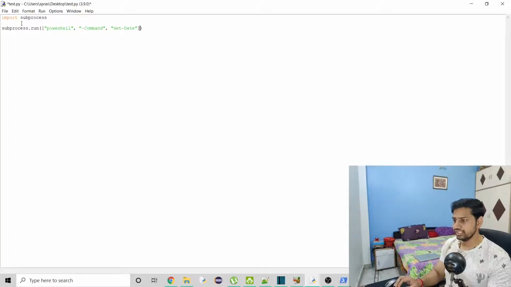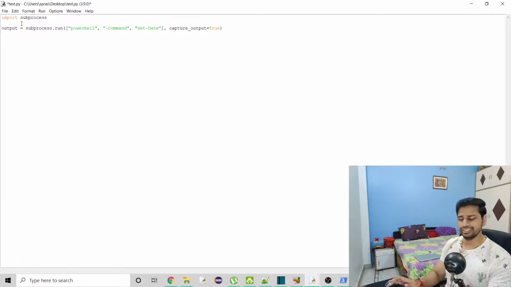So here we need this Get-Date. So this will run PowerShell, open PowerShell, but it will not keep hold of it. It will execute the command, and then to capture the output, we need to use an argument specific to our run method, which is capture_output, and by default it is False, so we need to make it True. So T is capital here. Now we can hold the output in a variable. So here I will just do output.